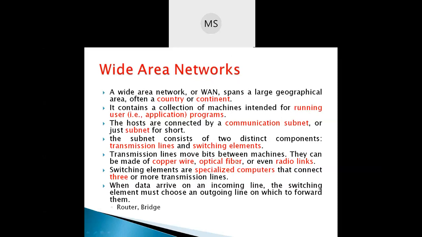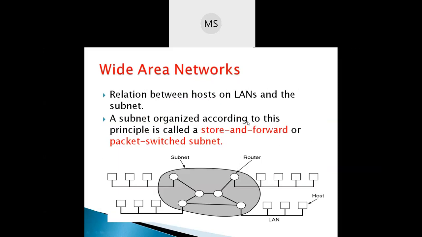So this is the introductory part of the wide area network, and you can see here how a wide area network appears. Here we see the relation between hosts and LANs in the subnet. This one is one LAN, this one is one LAN, and all these LANs are connected to this part, which is a MAN. So a wide area network is a collection of MANs, that means a MAN is a collection of LANs